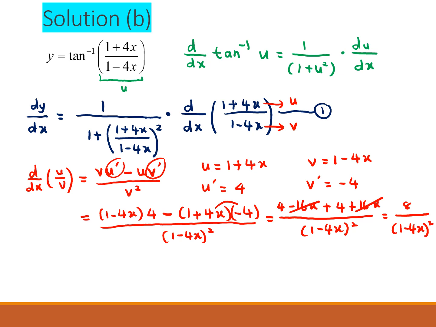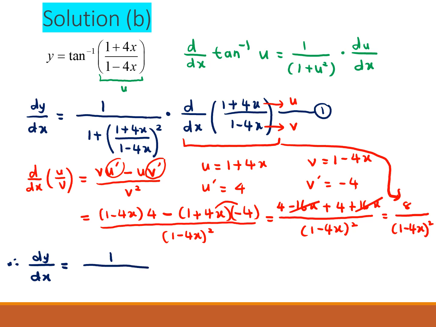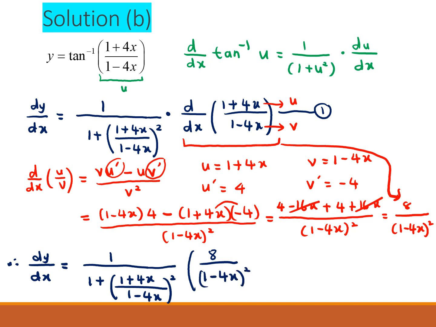Now we have found the derivative of this, where the solution is this one. The next thing is to substitute this into equation 1. So the final answer will be 1 over 1 plus (4x over 1 minus 4x) squared, times the derivative of this, which is 8 over (1 minus 4x) squared,